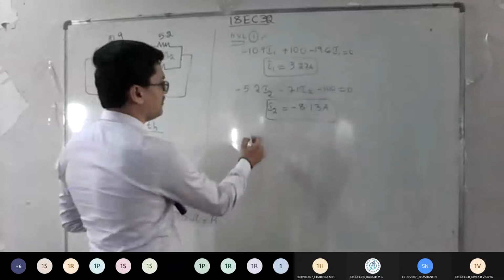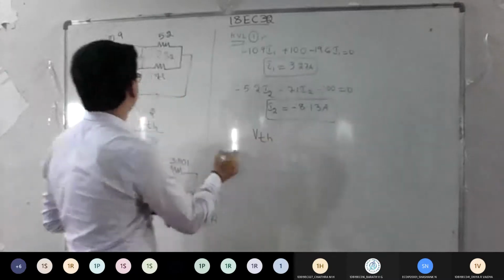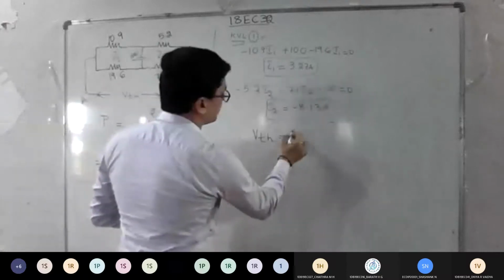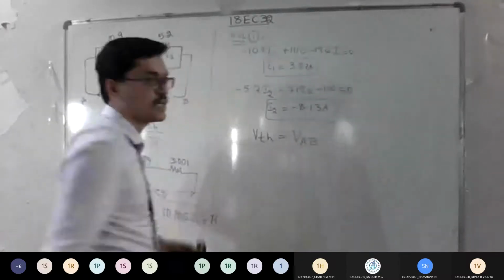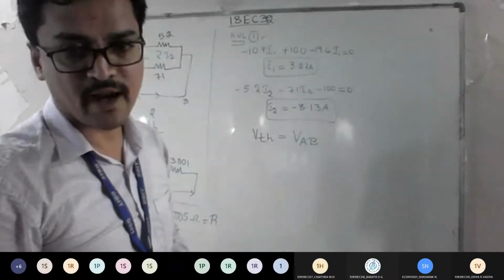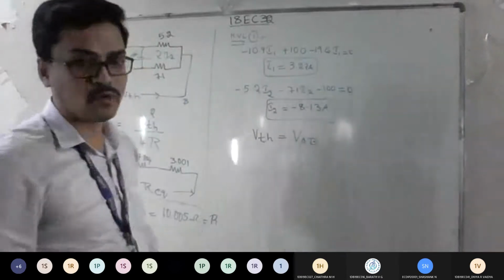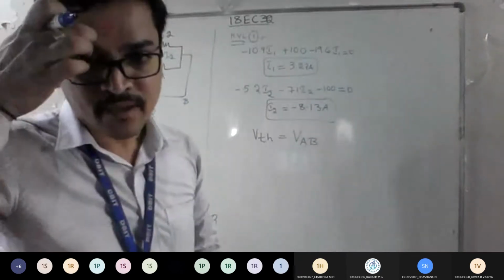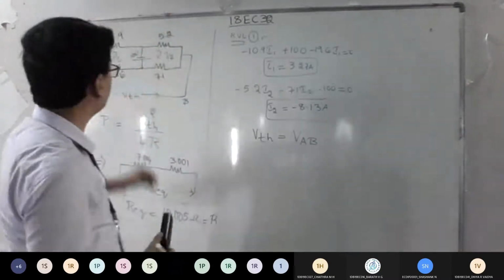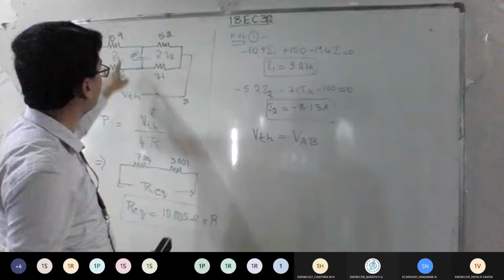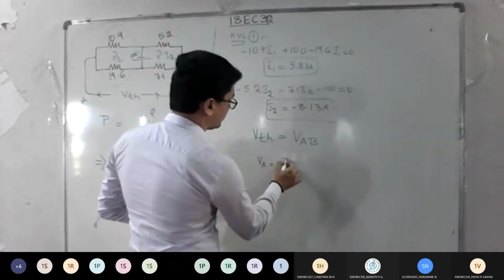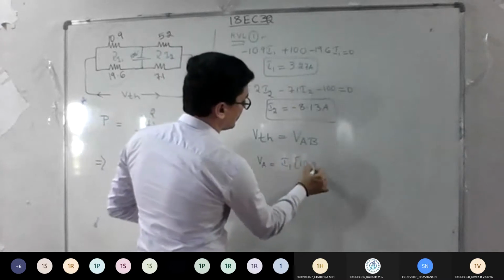See, the ultimate goal is to find my VTH. So if I take this terminal as A and this as B, we need to find VAB. Correct? So you need to find the voltage across A and the voltage across B. What I told, if voltages are in parallel, it remains the same. If voltages are in series, you can add together. Correct? So what is the meaning? Let me find any one resistor current. To find VA, let me consider I into R. So I is I1, and R, let me take 10.9.